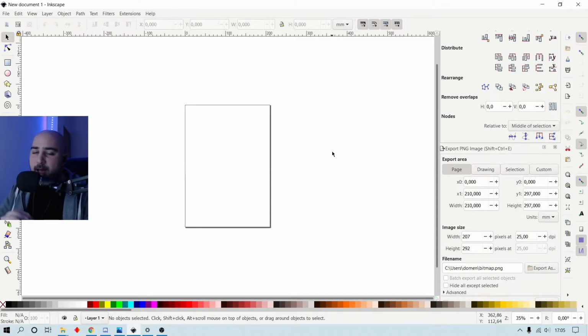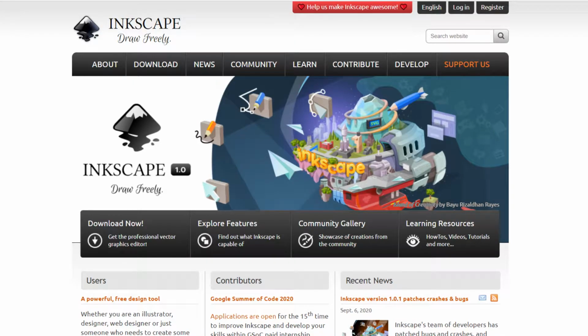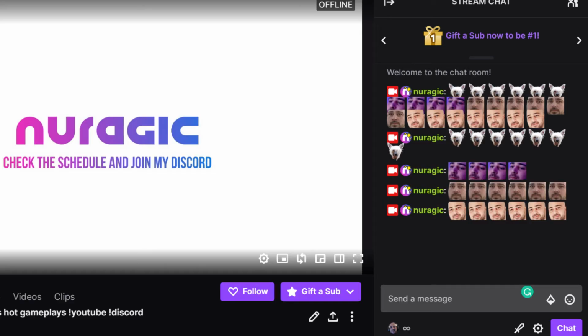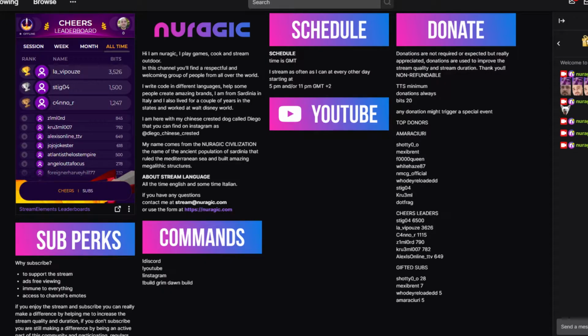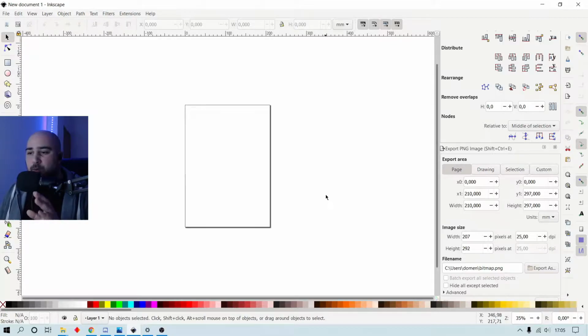Today we're gonna see how you can use a free vector drawing program called Inkscape to create your own Twitch emotes. But also you can make panels, you can make overlays, you can make pretty much everything you need for your channel. We're gonna see the most basic emotes you can have on Twitch. Usually we're gonna start from the square emote, which is one of the most popular things. It just consists of taking a picture, cutting out a square out of it